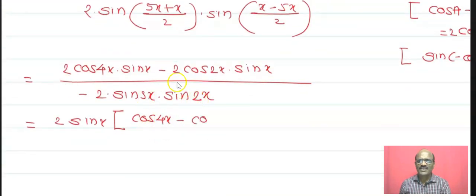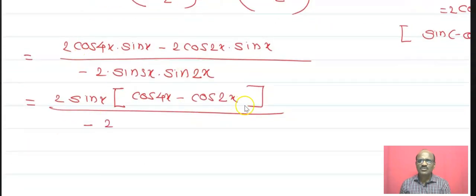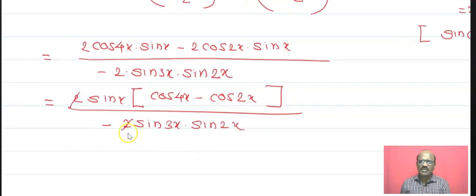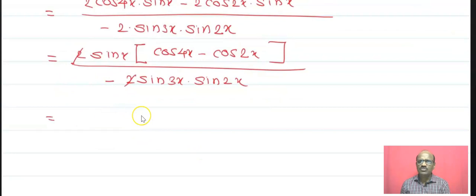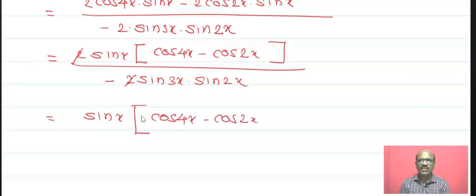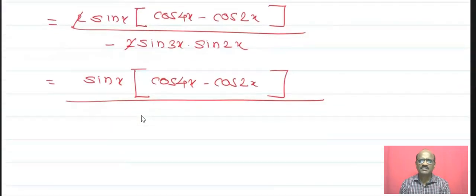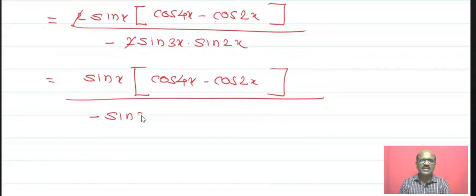Now we have taken 2 as a common. That is 2 sin x taken common, and in the bracket cos of 4x minus cos of 2x minus 2 sin of 3x into sin of 2x we will get. Now from the numerator and denominator the 2 gets cancelled, and in the numerator we get sin x in bracket cos of 4x minus cos of 2x, and in the denominator minus sin of 3x into sin of,